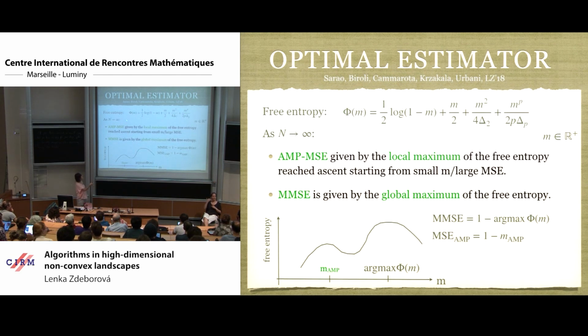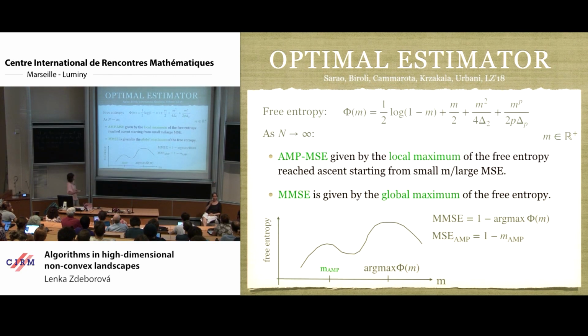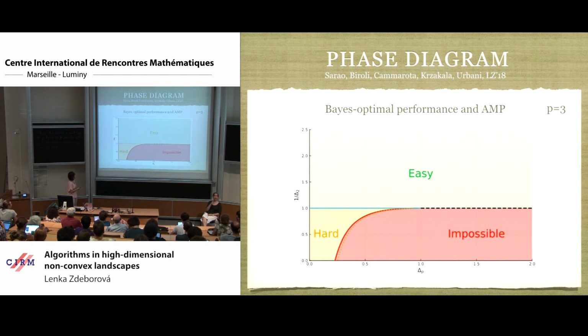I just made explicit this free entropy for that particular model. That is a really simple expression in this case. Because the data was drawn with Gaussian distributions, I can do all the integrals by hand. It really gives me this trivial expression here. It's very easy to see how many maxima this has, and I can plot anything I want. And the phase diagram I get from that is the following.